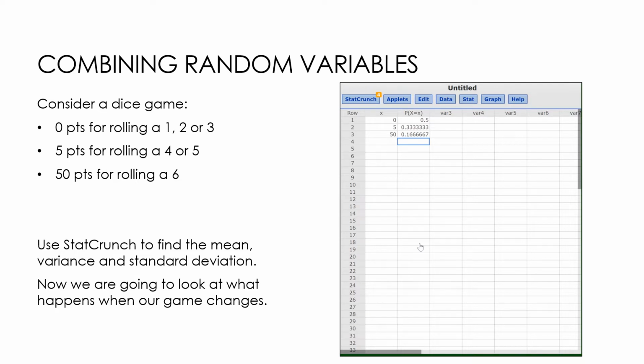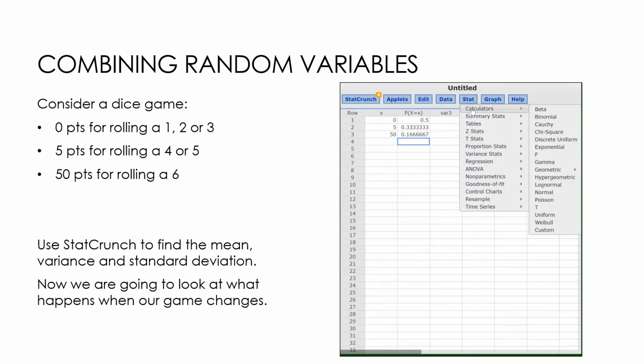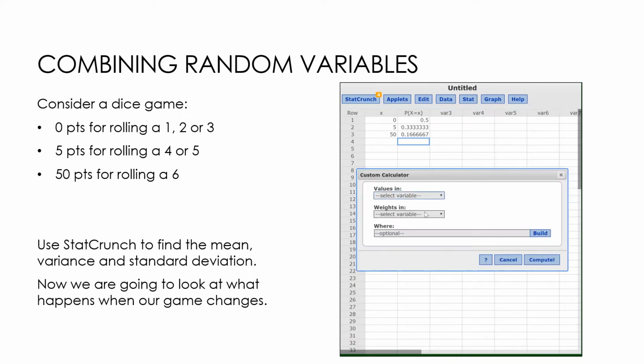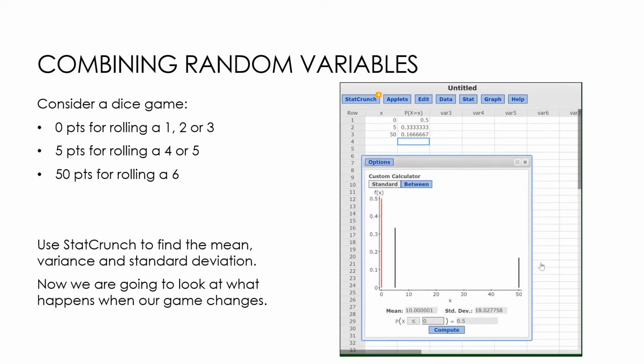Now I'm going to use StatCrunch to find the mean, variance, and standard deviation, and then look at what happens when this changes. So just as I did before, Stat, Calculators, Custom, values in x, weights in the probability that x is x. And so notice I have a mean of 10. Now why does it round up here at the end? Well, that's because I didn't use precise values here, and that's okay. So I have a mean of 10 and a standard deviation of